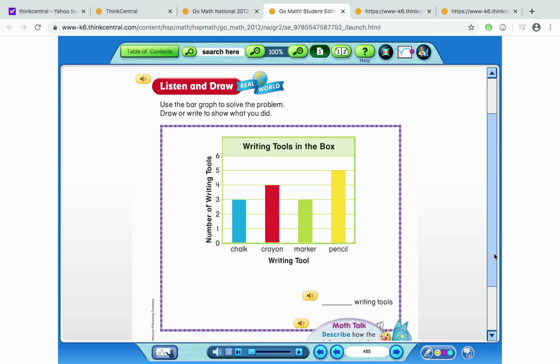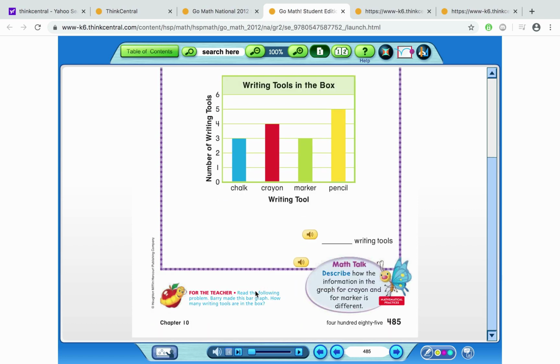The question below, you'll see right here, this is what I usually read to you guys. Barry made this bar graph. How many tools are in the box? So you're going to join the information together, and we know when you join information together, that's adding. So you can look up here, you can count 1, 2, 3, or you could just slide up and look over. You're going to have 3 for chalk,